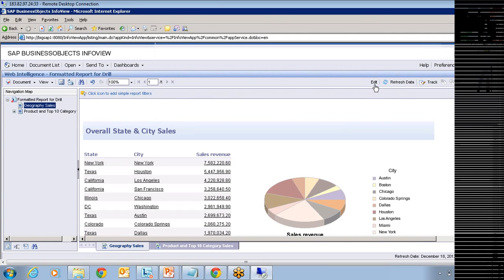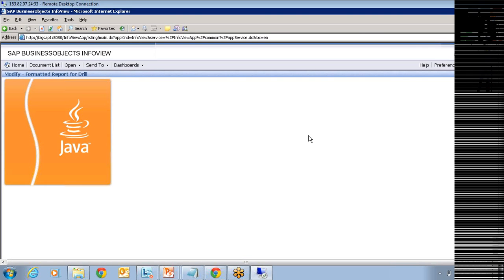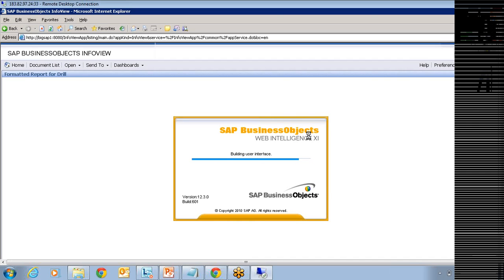But if you are a developer, you always get this option called edit. This edit option will be available only for report developers, so that if the customer wants to modify anything in your report design, you can do it on the fly through the browser itself by clicking on the edit button. It's going to open the edit window wherein you can edit your Web Intelligence report. That edit option will not be available for the customers who run the report. They will only be able to see the output.